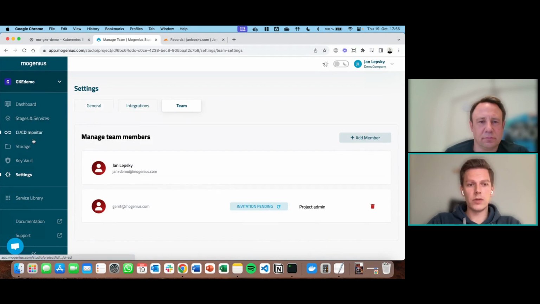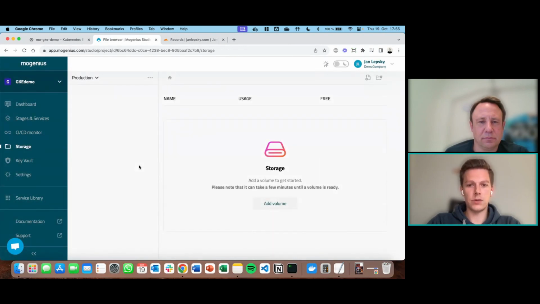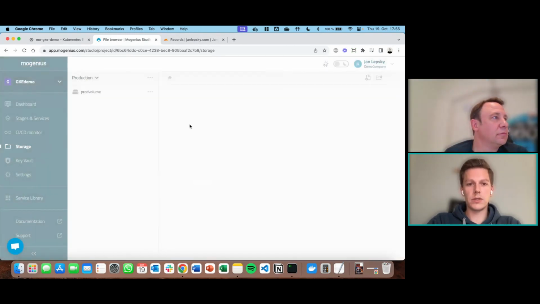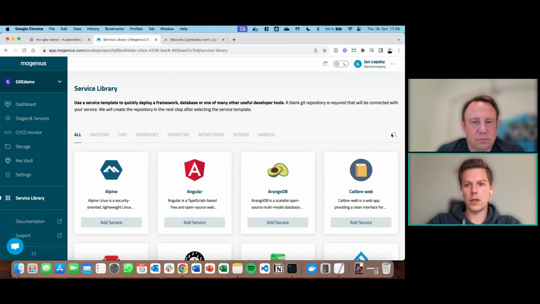But let's say we want to persist applications. Mogenius also supports built-in NFS storage. So you can create volumes on the cluster just by adding a volume here. I'm going to give that a basic name. And what this is doing now is creating an NFS volume and the corresponding deployments to persist applications with storage that is accessible by multiple pods at the same time. So this has read-write-many support, and it's extremely handy to just persist applications without worrying about storage too much, basically.